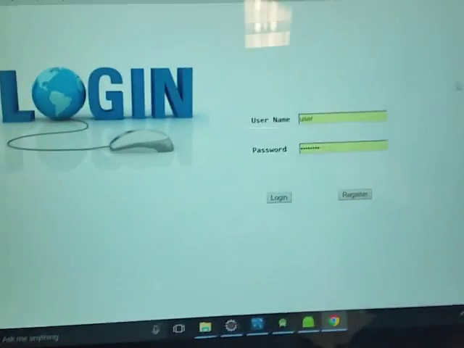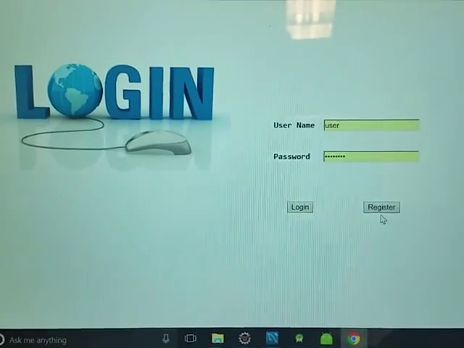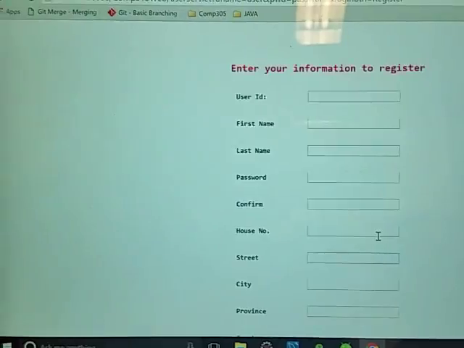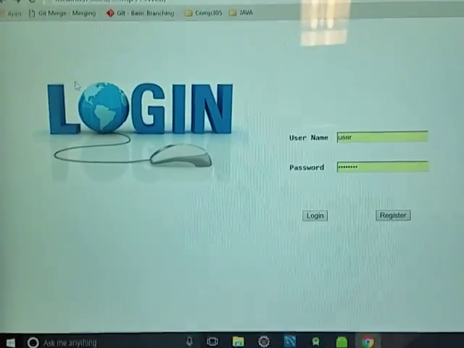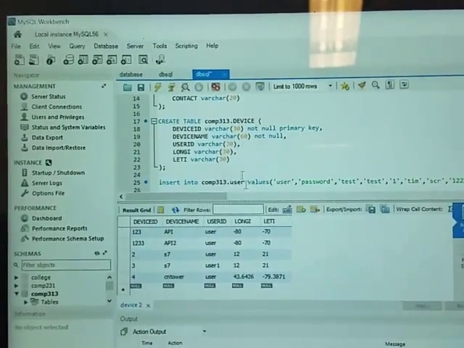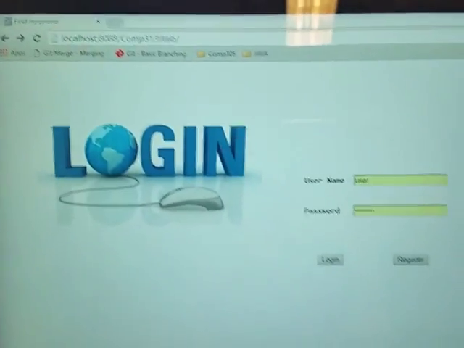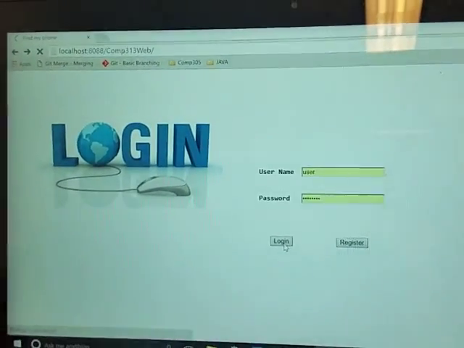This is our main page. If a user has already registered, he can directly log in. Otherwise, the user can go to the register page where he can register himself. But we have one user entry in our database, so we will log in using that sample user. When we click on login,